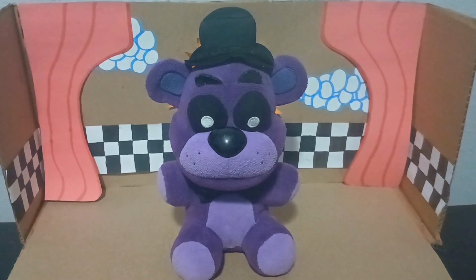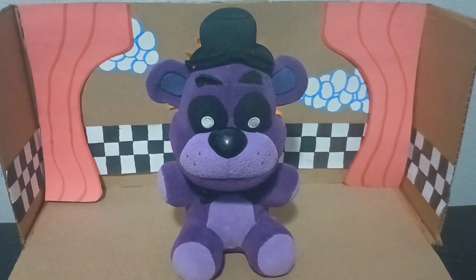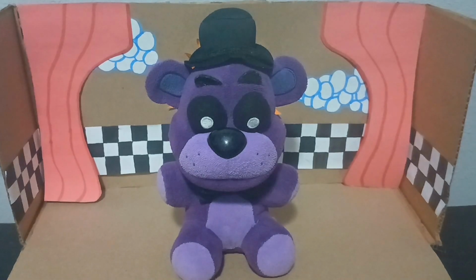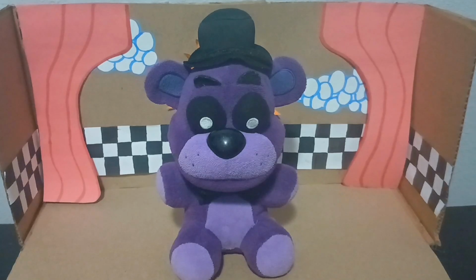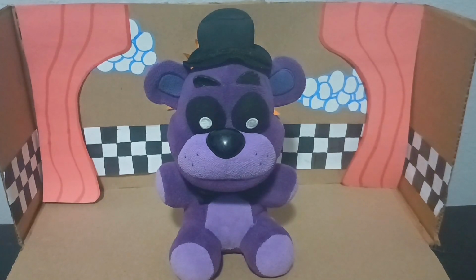He's a purple bear. It's a Shadow Freddy, of course. Funko made him a Hot Topic exclusive, and then he was discontinued in 2017. And that was pretty much it. He's one of the rarest plush out there. I'm not sure if he's the most rare plush out there, but he's definitely a very rare plush, and a very expensive plush. We don't talk about how much I paid for this. Trust me, you don't want to know. But anyways,